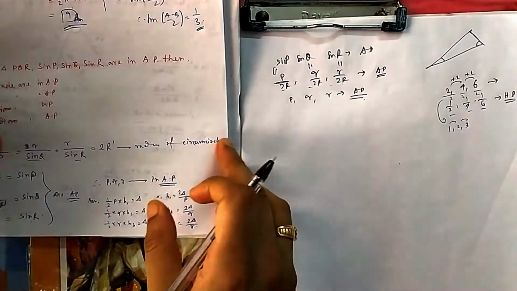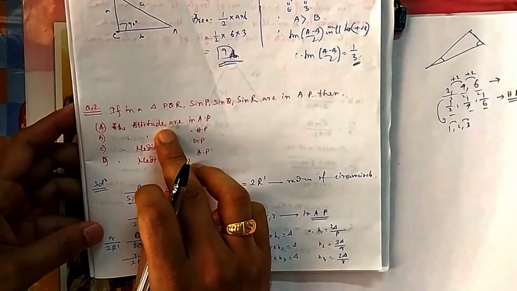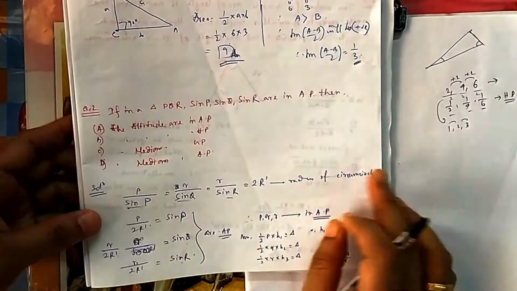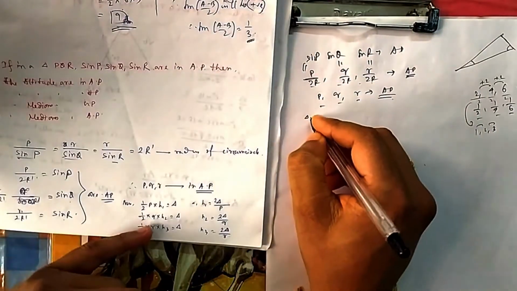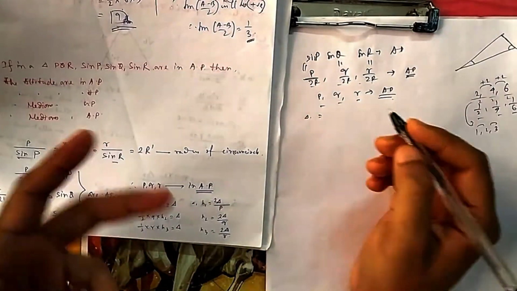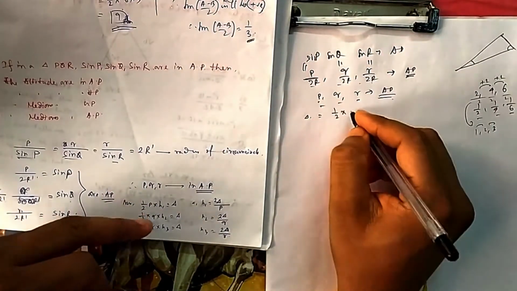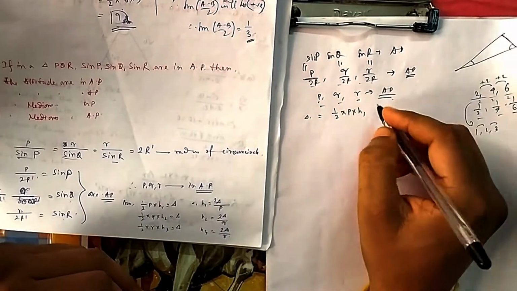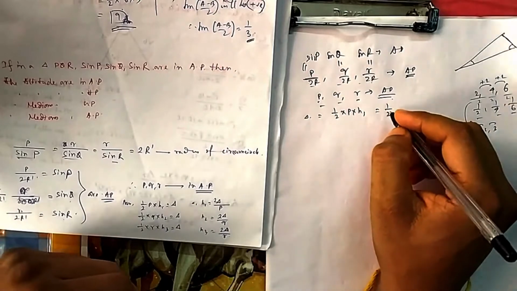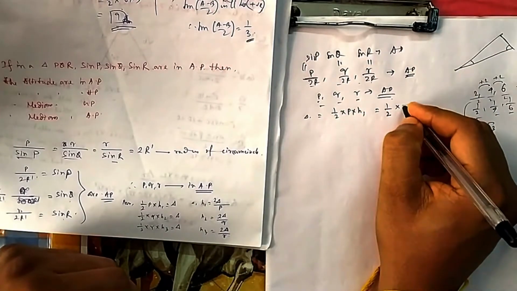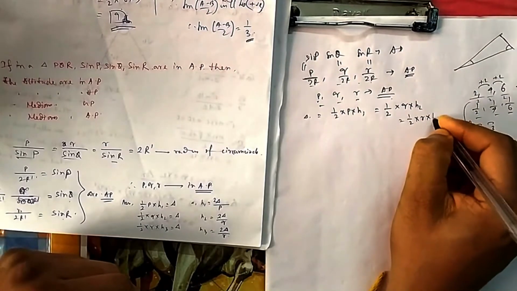Once p, q, r is in AP, then let us try with the altitude, height, because with height it is possible. Why? Because we can try with area. We know the sides, they are in AP, so we can try with area. So what will be delta? Suppose I take delta, the area, as fixed. It will be half. Suppose I take p as a base and the corresponding height is H1, which will also equal half. Suppose I take q, then it is H2. That will also be the same. If I take r as a base, I can take any one as a base.